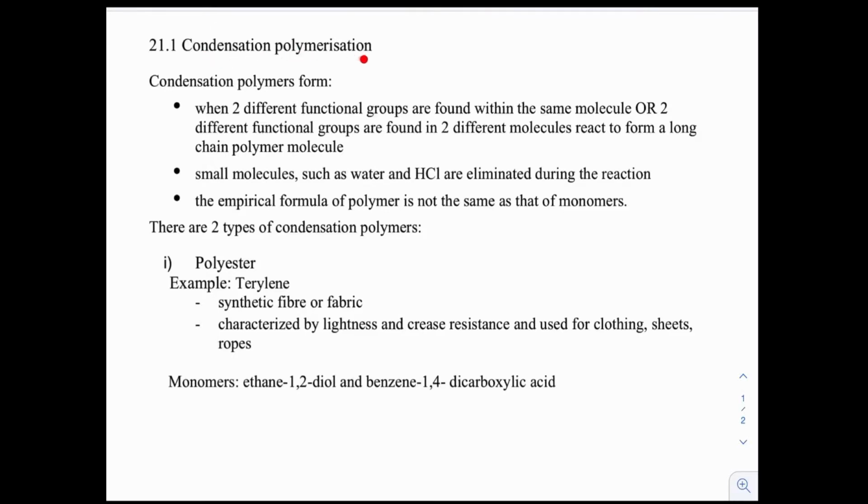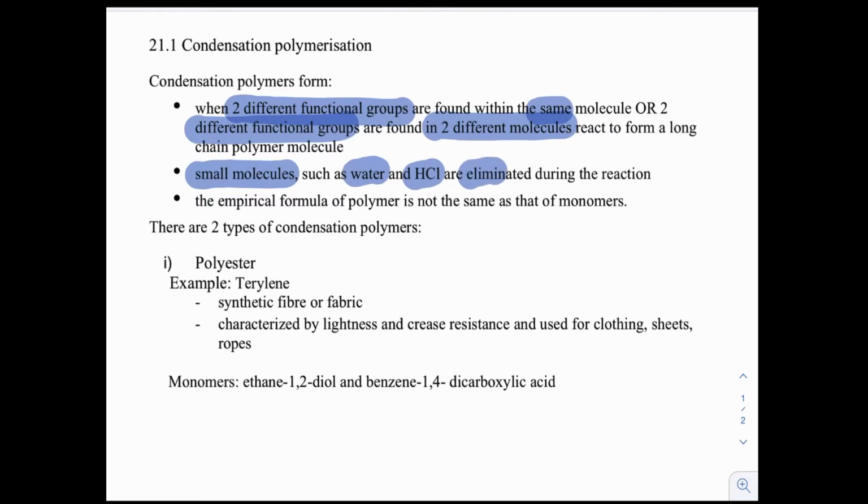Today we are going to talk about condensation polymerization. Condensation polymers form when two different functional groups are found within the same molecule, or two different functional groups found within two different molecules react to form a long chain polymer. During this process, you should expect small molecules such as water or HCl to be eliminated during the reactions. And just because a small molecule is being eliminated, the empirical formula of the polymer is not the same